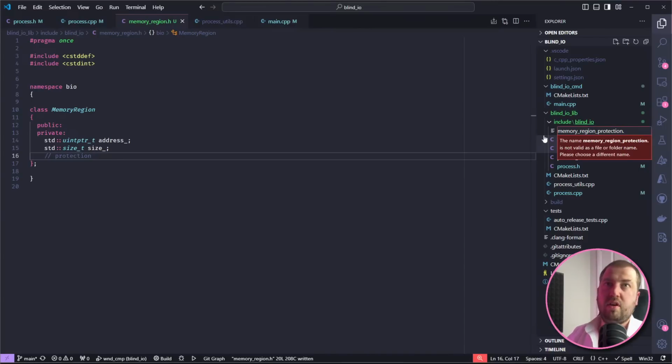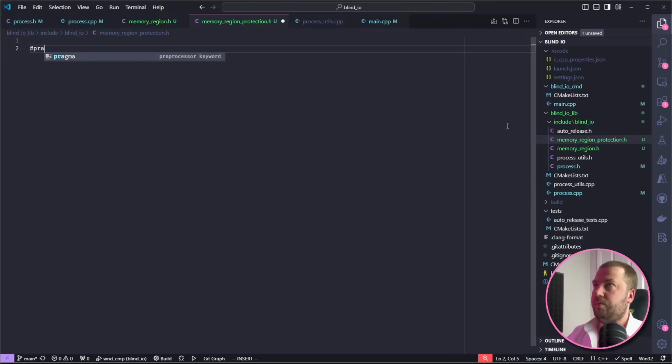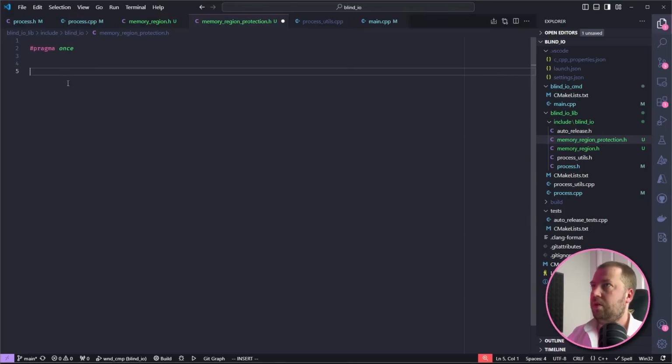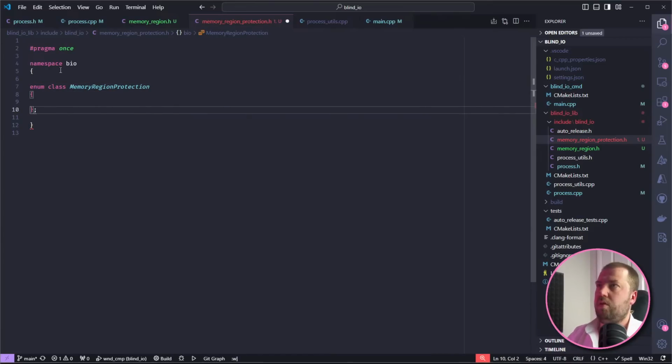I think that sounds about as good as anything else. Namespace bio again, right? Because again, everything we write, we want to live within here. Let's go enum class memory region protection. Not a massive fan of the name, but we'll get there.